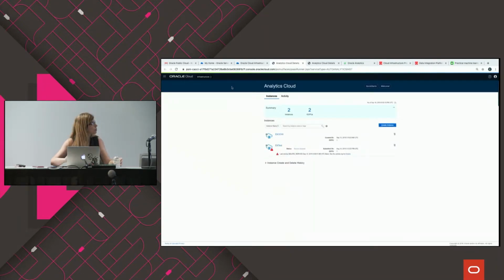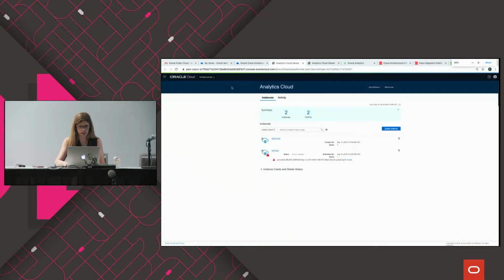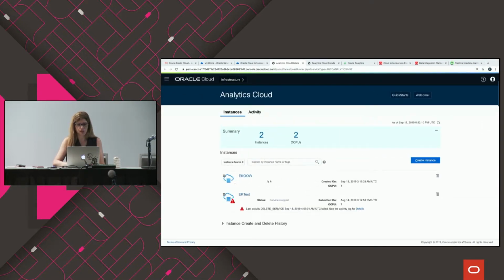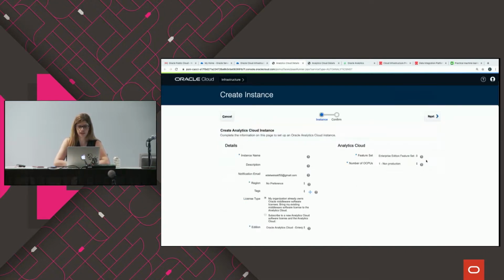I have a couple of services here. Let me expand this a little. So I create one. If I want to create a new Analytics Cloud instance, it's pretty easy, that is why I wanted to show you. You have to put an instance name, for example, okay? It cannot have spaces in the middle, a description, the email,